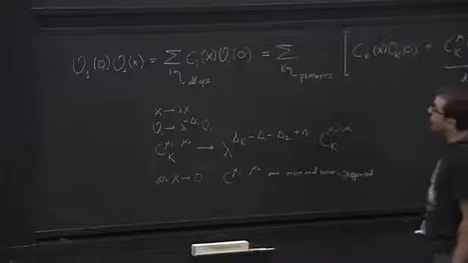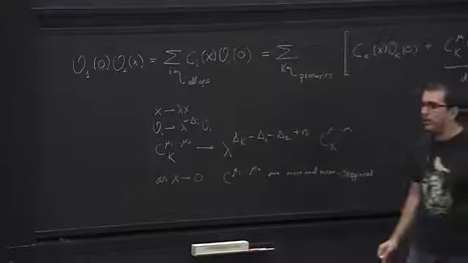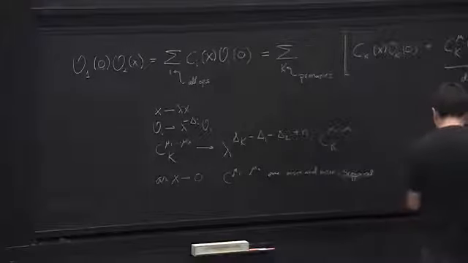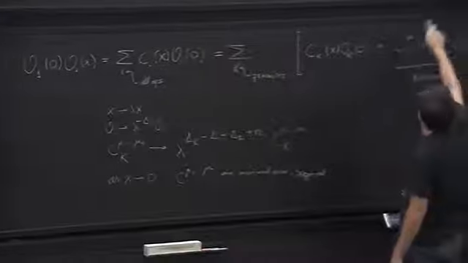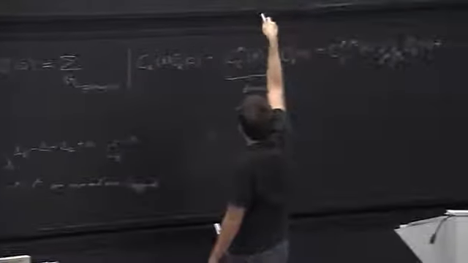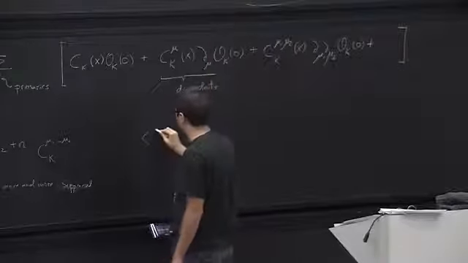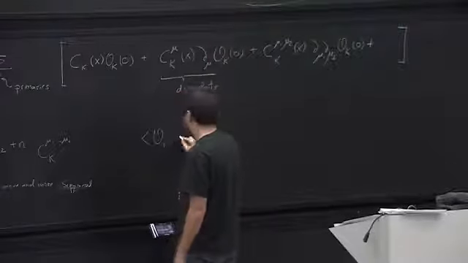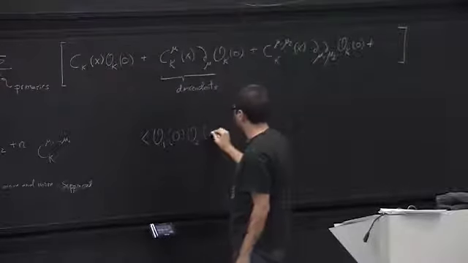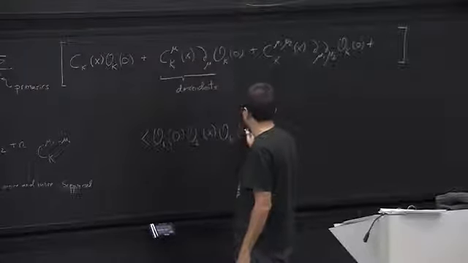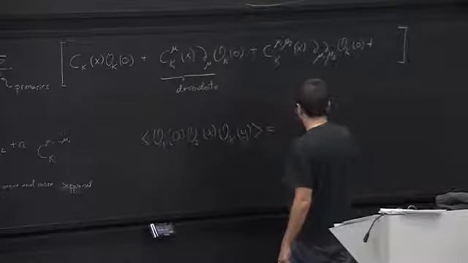Okay, so let's see, what do we know about these C_i's? The way we will proceed is we will follow this idea of inside the correlation function replacing 2 points by their expansion, but we will not start with a 4-point function, but rather with a 3-point function. So we will have O_1 at 0, O_2 at x, and then let's put O_k at y. And what is this? Well, by conformal symmetry, we saw that this is just